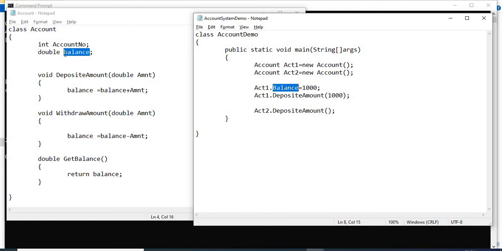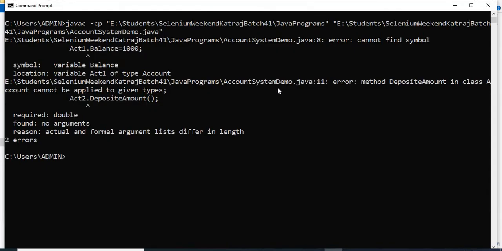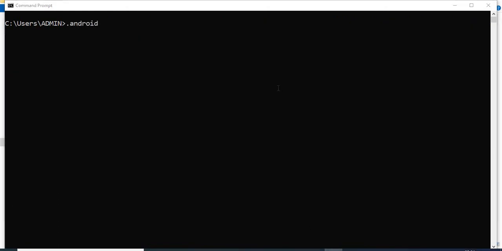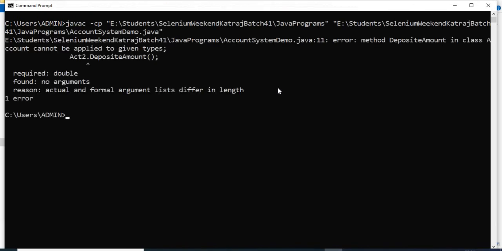So we have to understand that the names of the variables and methods that you use while calling them or accessing the variables should be exactly the way they have been defined in the class, right? So here I just need to make this small, save it, CLS. Now, if I have any error we will see, otherwise it will now be able to compile successfully.